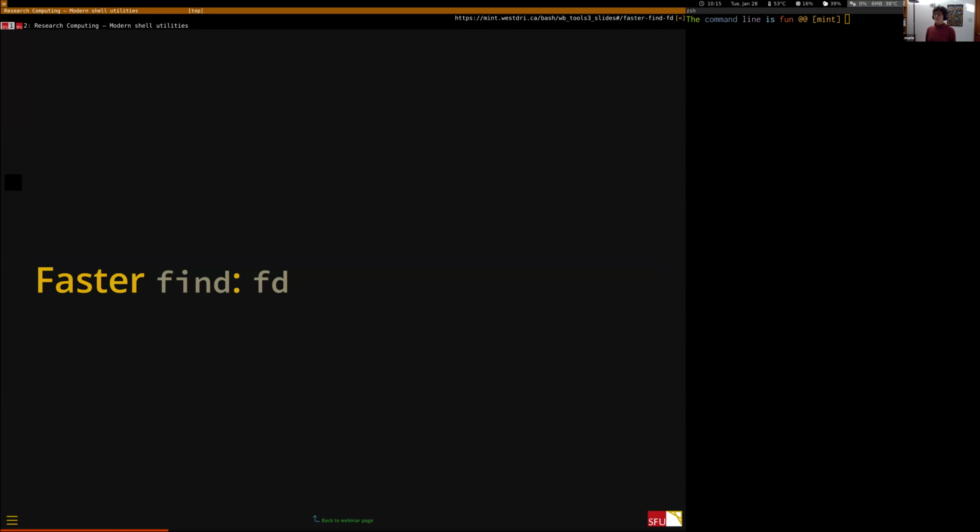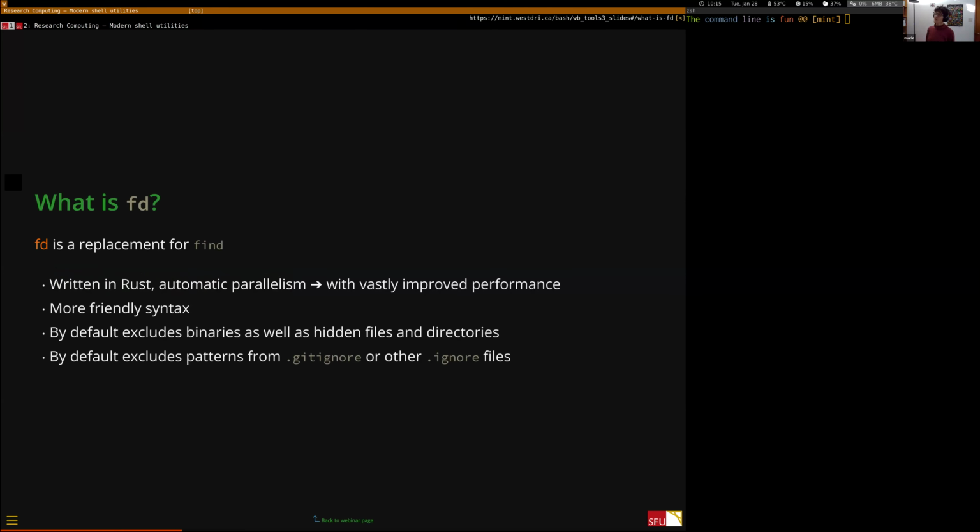Now, find is a really tremendously useful utility because it allows you to find files in your file system that match a number of criteria, whether files or directories. So whether they match a certain pattern, whether they're a file, whether they have some extension, etc., etc. But find is not the fastest command, and also it has a very unintuitive syntax that a lot of people find a little bit rough at first. So there is this fd alternative that is a lot faster, is a lot more user-friendly, has different defaults, and